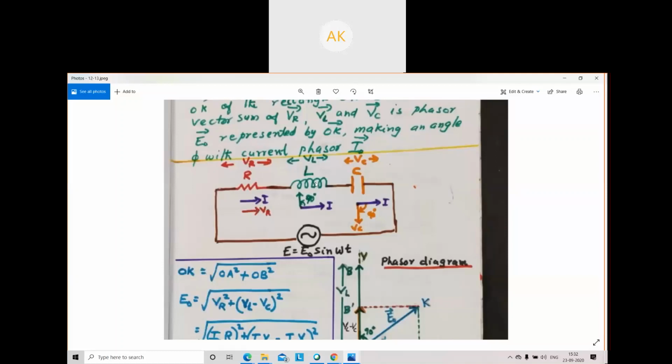But inductor, we have seen that current is lagging. So current in all elements we have shown the same direction. And if current is lagging, voltage is leading. So VL you have to write here. VL is leading, current is lagging. That is what we have shown. That means VL is leading by a phase angle of 90. VL is leading. So you have to put an arrow mark like this. ഇങ്ങോട്ടാണ് arrow mark, ആൻറ്റി ക്ലോക്ക്